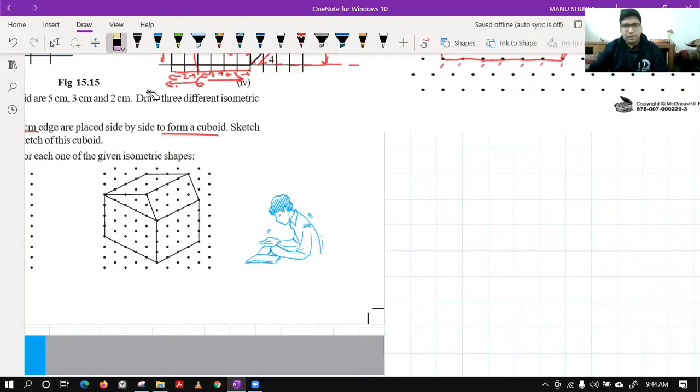Okay. Now let's see the isometric figure. Suppose this one you want to see. On this, you are having the bottom as one. Let me take this pen. Okay. The bottom is one.